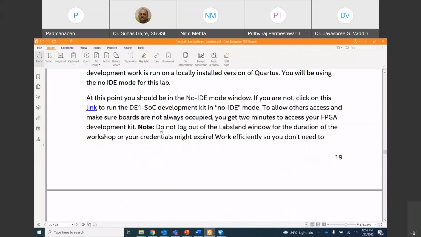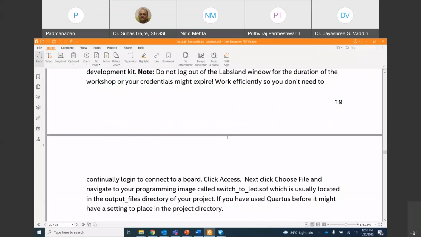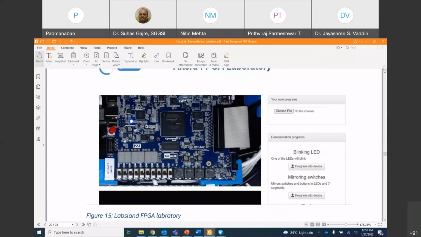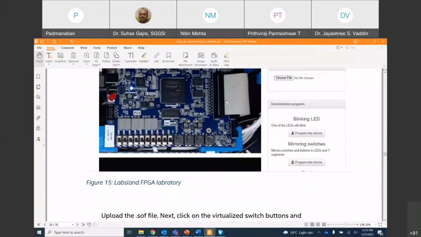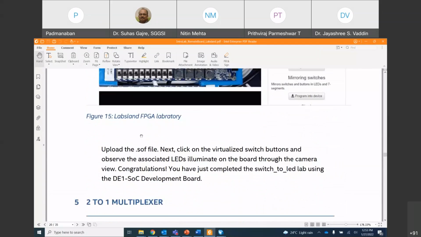So as I mentioned here, you can see do not log out of the LabsLand window for the duration of the workshop, or your credentials might expire. So you have to be very, very careful, right? It is literally only 2 minutes because the first minute will be going in uploading only. You will have literally 2 minutes for you to complete your lab exercise. So this is the kind of image which you are seeing there. And once you upload your SRAM object file, you can modify the switch and then you can see the corresponding